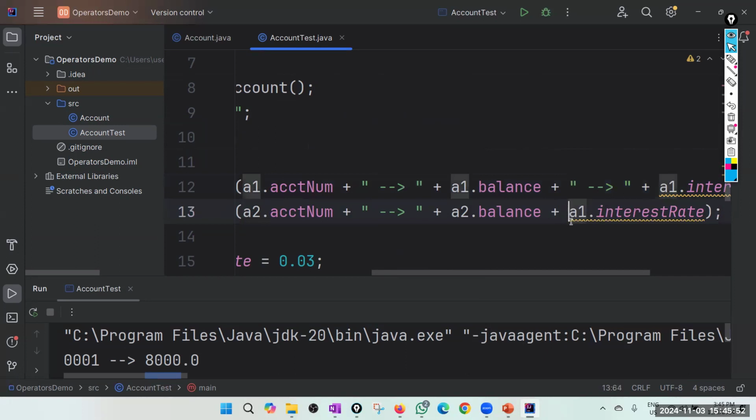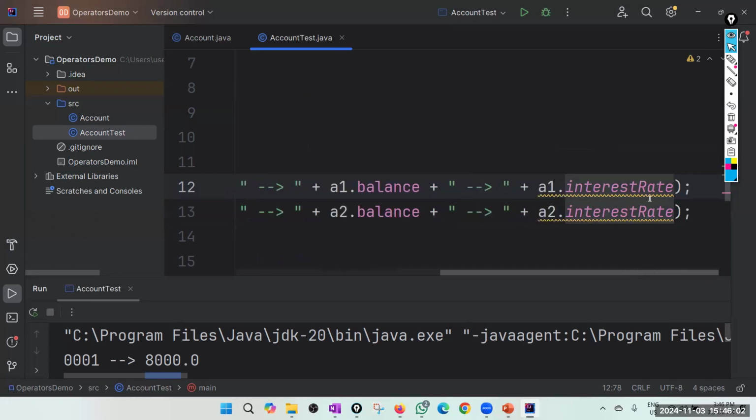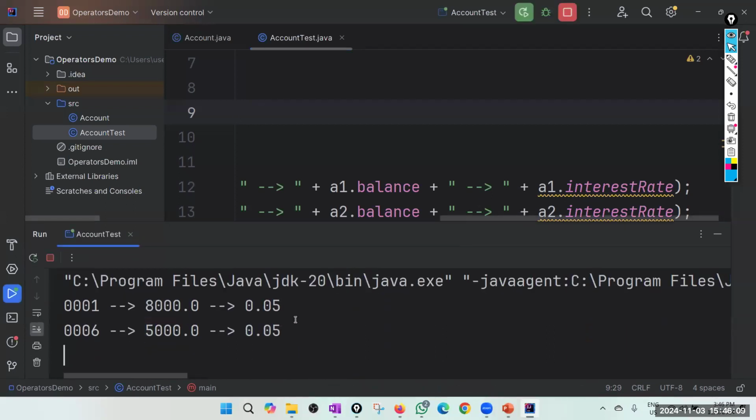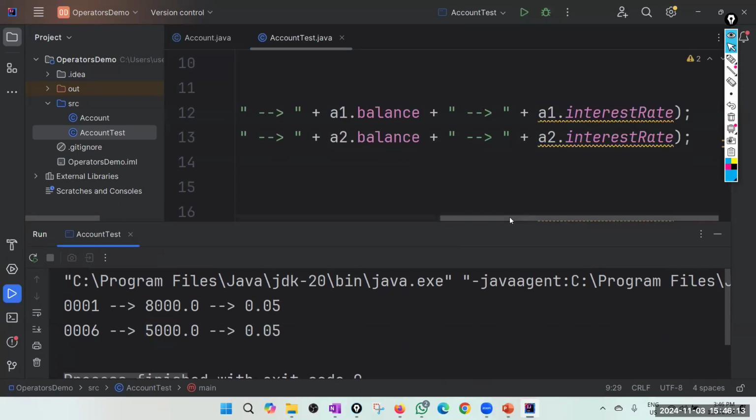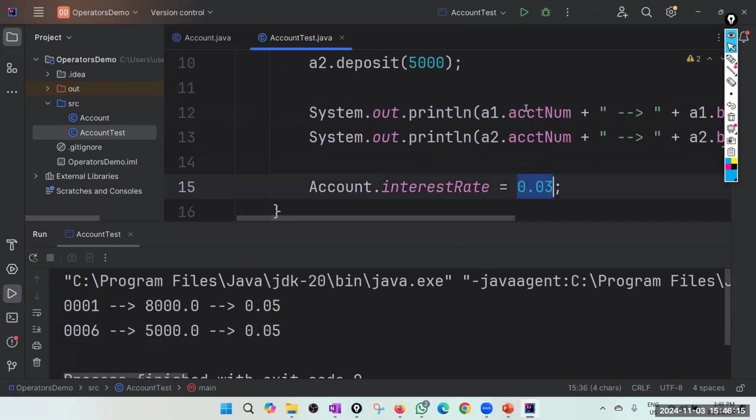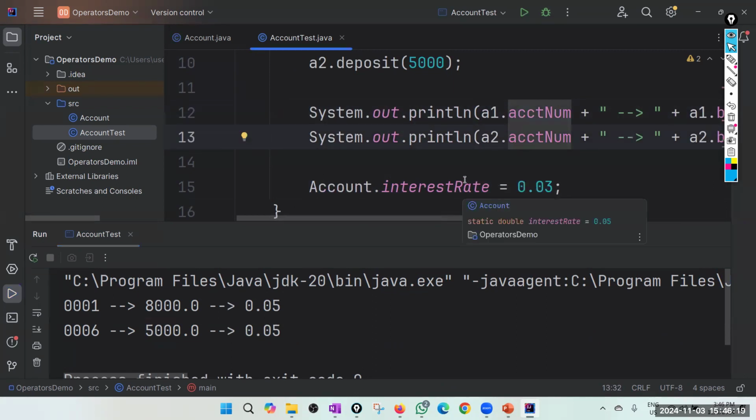Actually, whether I refer to it as A1 or A2, I will be getting the same interest rate because it's a class variable. Though I say A2 interest rate, A1 interest rate, it's not going to be two different values, okay? Because it's a class variable. You can see for 0.05. Now, if I change it, both A1 and A2 will see the same effect.